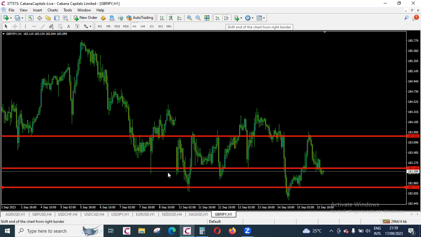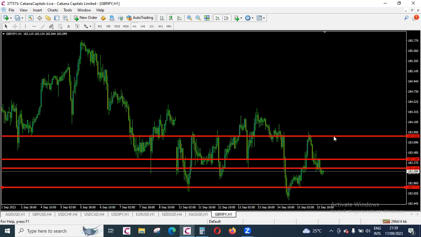See that GBP JPY has been in a range since the 11th of September. You could also identify the resistance on 1 hour. So if you don't want to wait for price to get to this level before you buy, you can wait for a 4-hour candle to close above this level. I want to take a first trade on GBP JPY if the 4-hour candle closes above this level, because if you consider the risk